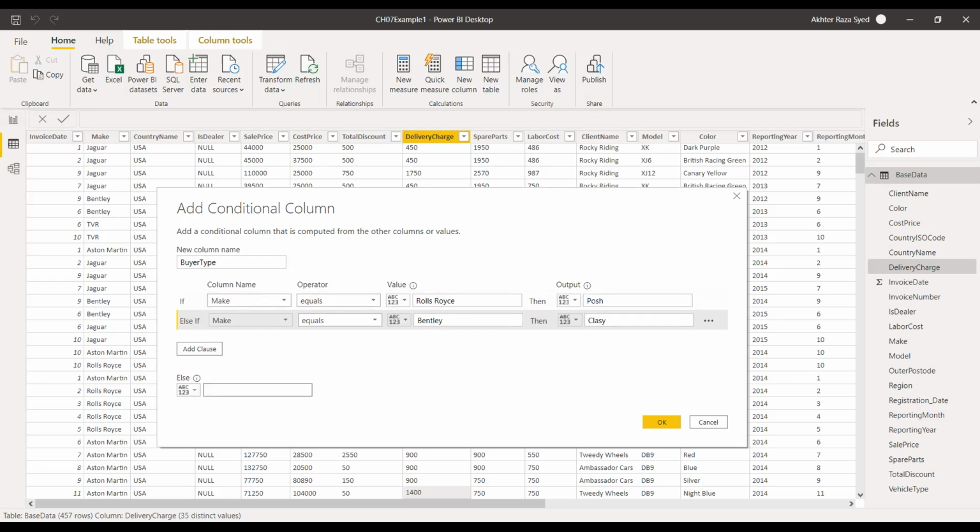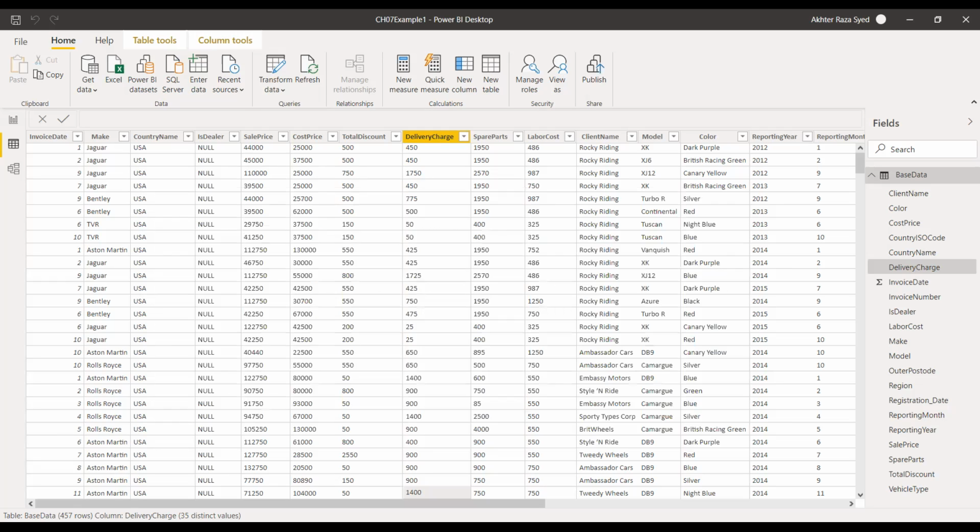But lastly, we have an option else. Else, if all of these entries are not Rolls Royce, not Bentley, so we have a bling option. So all the remaining entries will be filled by the bling option. So okay, click OK. In this way, a new column is added. You can see in the new column, the name of the column is buyer type, and the remaining options are what? Posh, because